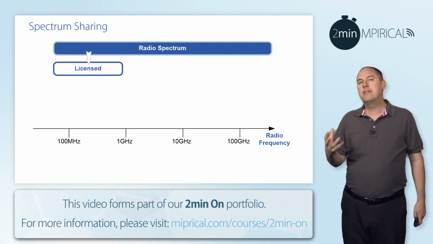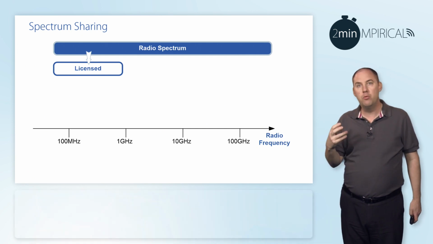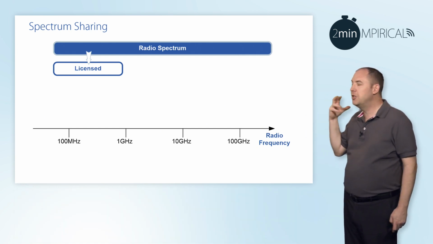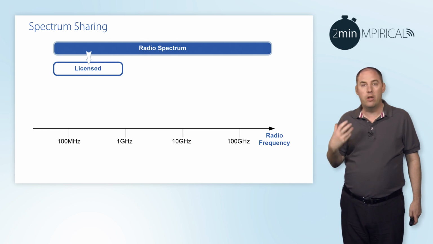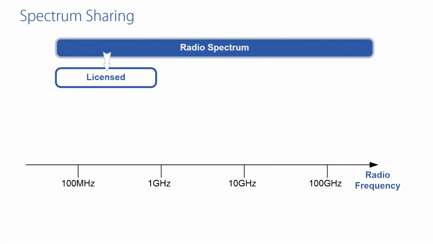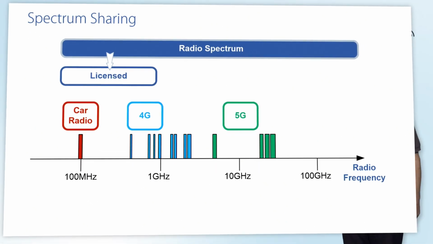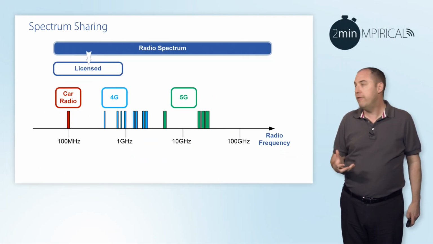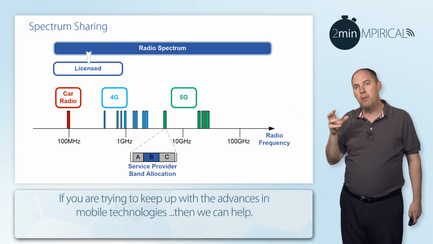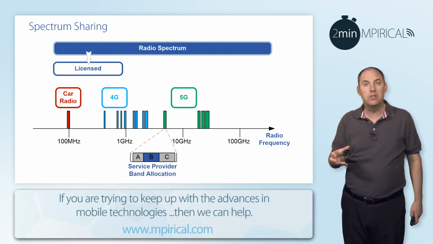Broadly, you've got three types of allocation when it comes to radio spectrum. The most common is referred to as licensed spectrum. So the service provider has paid for the use of that spectrum. Good examples of that can be anything from your car radio through to 2G, 3G, 4G radio systems, and even the latest 5G radio systems. Majority of those are licensed spectrum. So the service provider has been allocated a proportion of a band for use for a period of time. And that period of time is usually based on their contract of maybe 10 or 20 years or even longer.